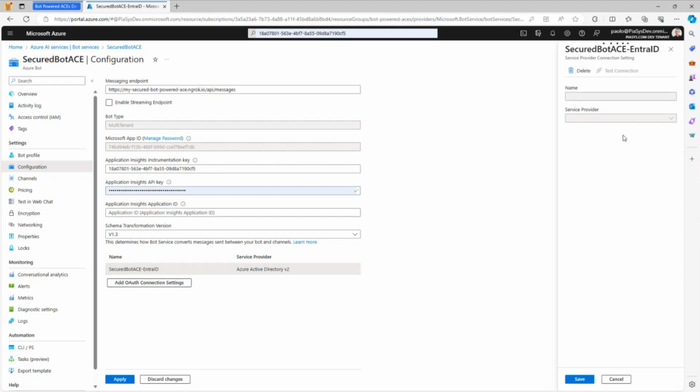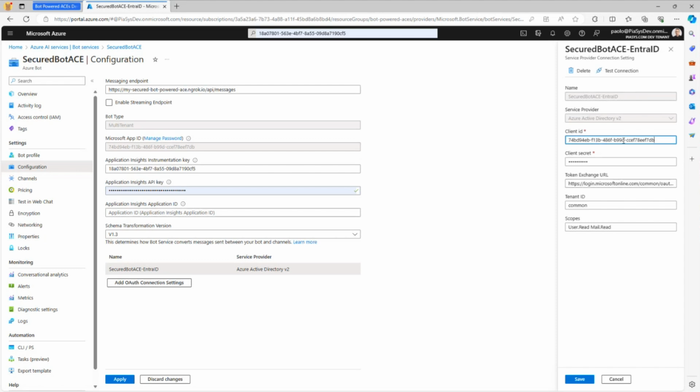By configuring this item, I simply selected the service provider. I provided the client ID of my application and the client secret that you saw was configured before. I specified, and you have to do that, the token exchange URL. My application in Entra is a multi-tenant one, so here I use common, followed by the URL of the token exchange URL. As the tenant ID, I again specify common because this is a multi-tenant bot, or it might be that you want to have a single tenant one and you will specify just the ID of the target tenant,